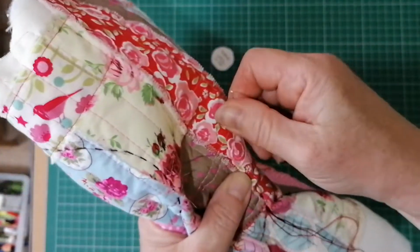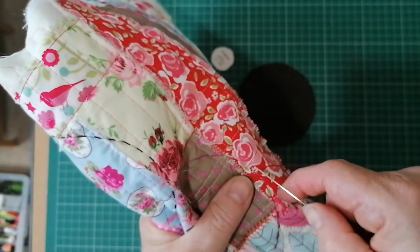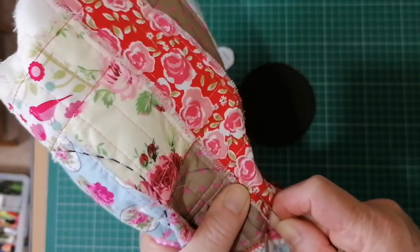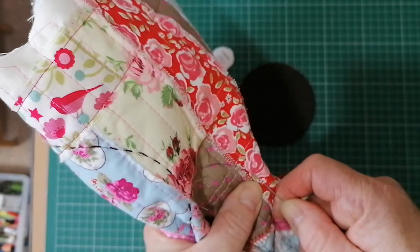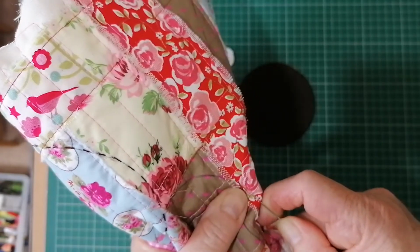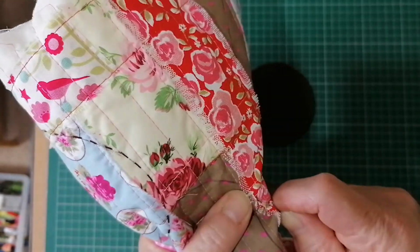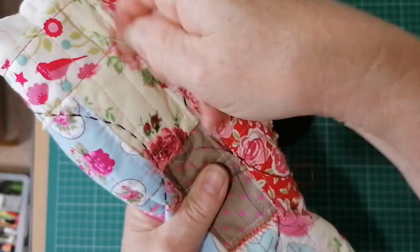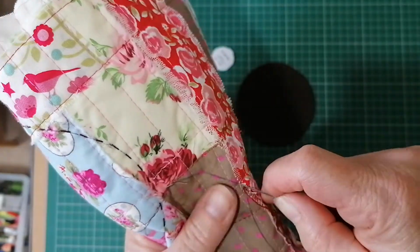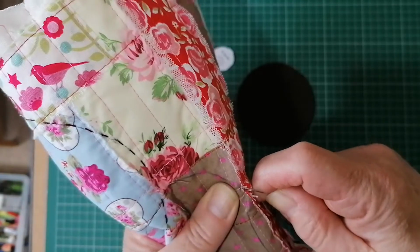So if you haven't got fabric or you've got a load of ribbons or anything like that, you can stitch ribbons down, especially if you've got the wide ones. If you look at a previous video, I did do a piece where I'd stitched a load of wide ribbons down into a strip and turned it into pouches basically. So go and have a look at that. I don't know where it is, but